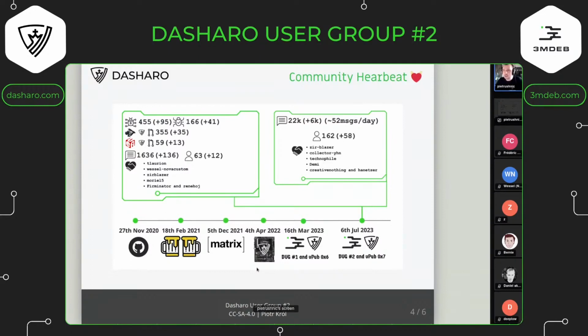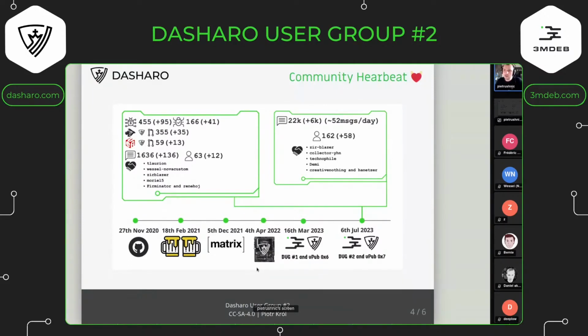In the case of the Dasharo coreboot fork, we added 35 pull requests. We're talking about the full number of pull requests that were merged to the tree, so the total number of pull requests is 355.